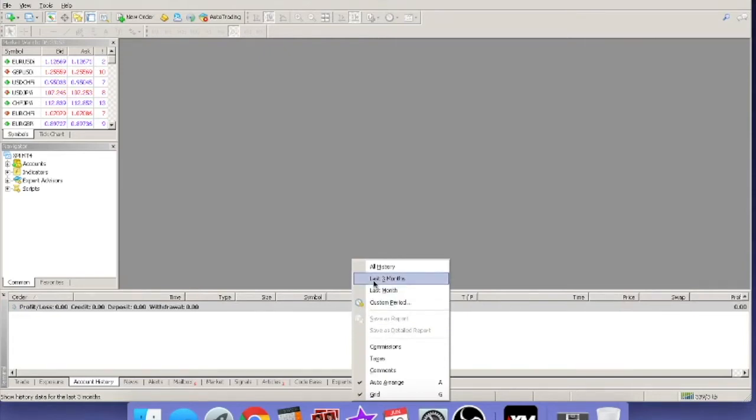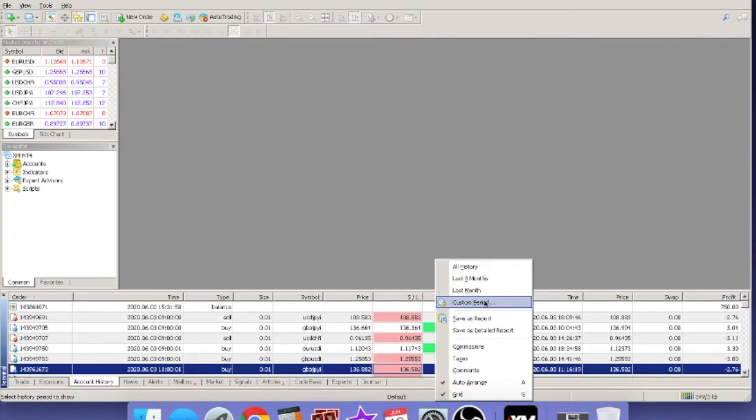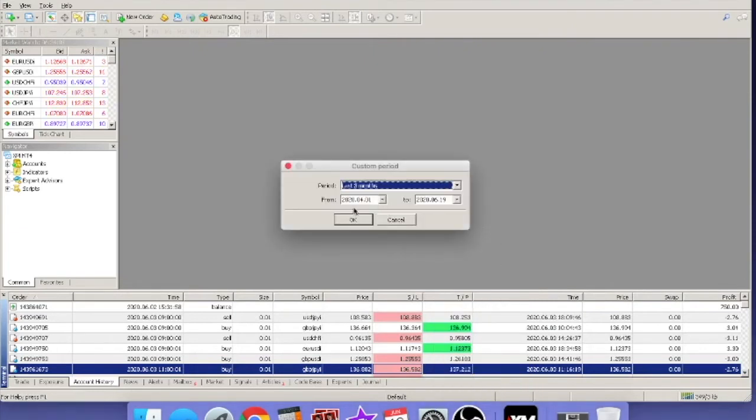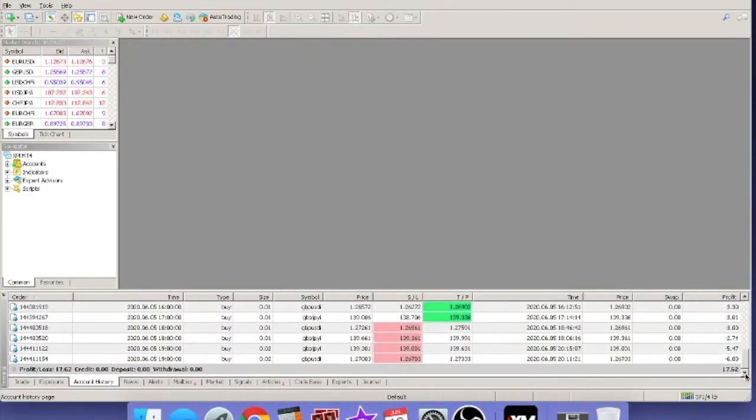And the last 3 months, it will display that. You can also do a custom period. So I'm going to just type in 06, 05. And this account that I have open right now, this is actually closed, so that's why it's not really giving that much data. But for that time frame that I just put in, as you can see, there was